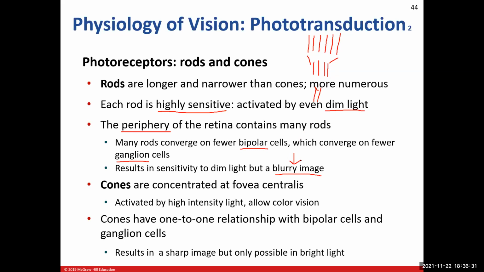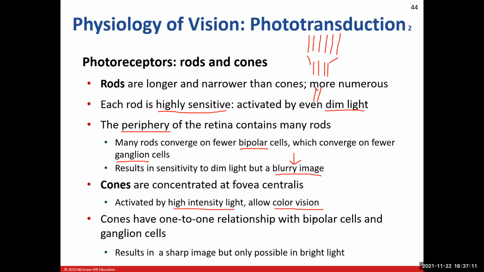But if you want a crisp, clean image, then we want to use the other type of photoreceptor cells, which are the cones. Now, the problem with cones is they don't work very well in dim light. They work better when we have more light. I don't want to say high intensity light, but like daylight. In addition to that, they also give us our color vision. Easy to remember: cones begin with a C, color begins with a C. So it's our cones that give us that color vision.